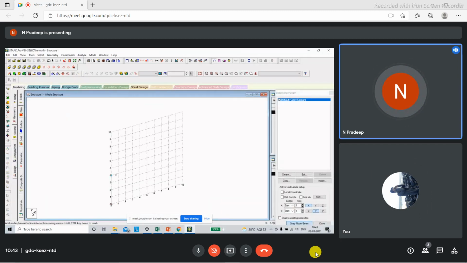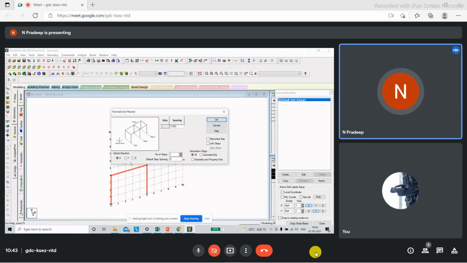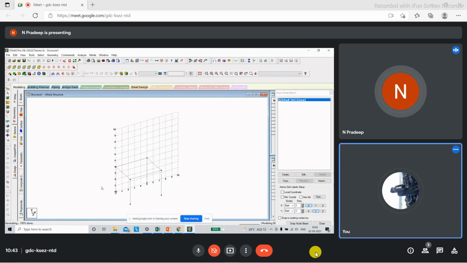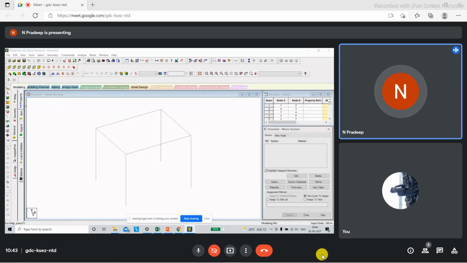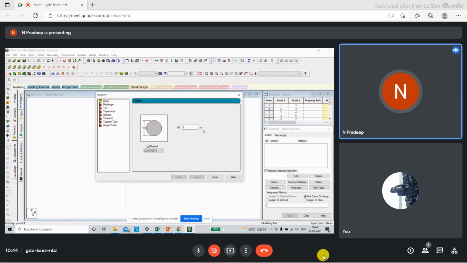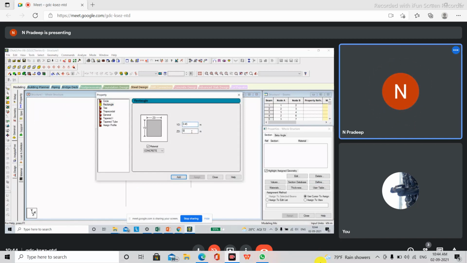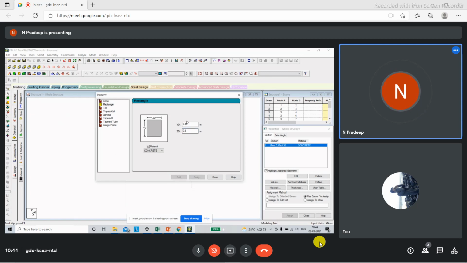I'll just create a structure resembling the room that you are sitting in right now. Okay, I'm going to give some properties to it. I'll give the columns 0.5 cross 0.3, and 0.45 cross 2.